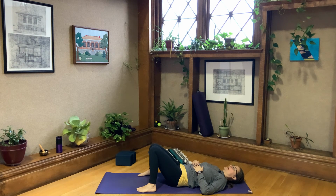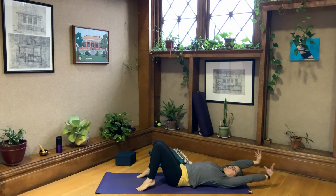So maybe while your hands are lying on this center, or your awareness is in this center, right? This place of transformation where we come to deeper understanding. Maybe you can envision yourself as being empowered. Two more breaths about. And then if you want to wiggle fingers or toes or stretch the arms overhead,